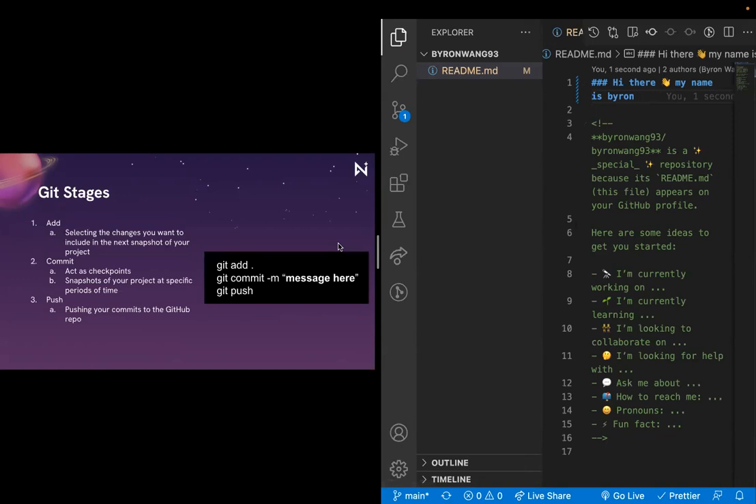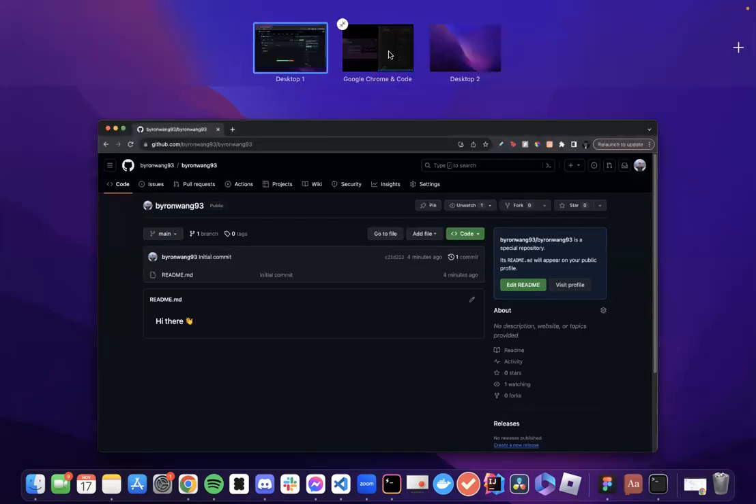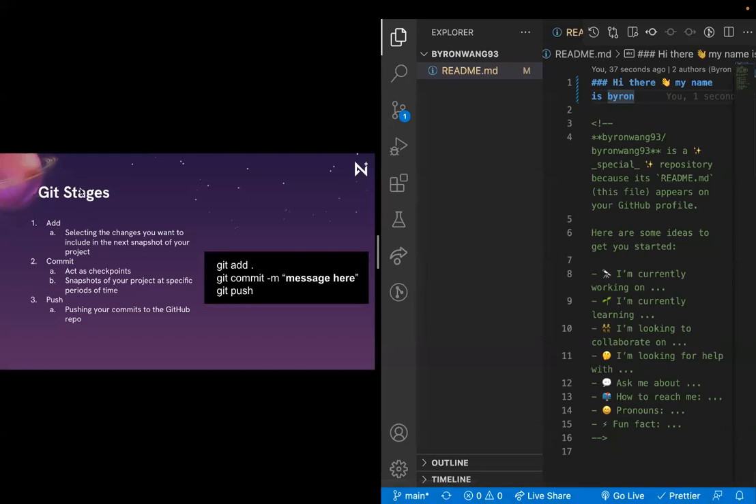So next up, what we're going to talk about is Git stages, because right now, all the changes that we've made here are on our own computer right now. So even though I've saved it, if you go to the actual GitHub repository and let's say you refresh it, you don't see the words, my name is Byron right now. And that's because all of our changes are right now local to our own computer. It's only on our computer. But we're going to utilize Git stages to make sure that our changes that we just made are actually reflected on the GitHub